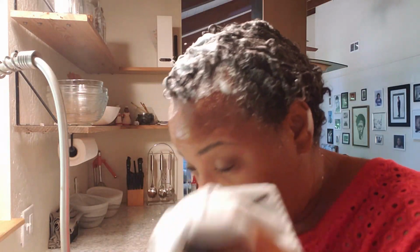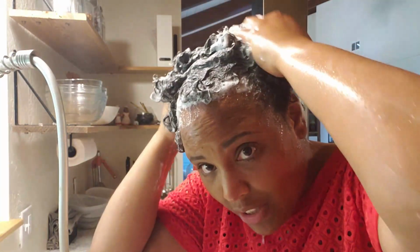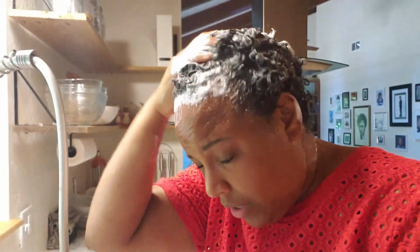Usually when I shampoo my hair, it takes me two different shampooing sessions. I have to put shampoo on it, rinse it out, and then put shampoo on it again to lather, because the first shampoo is to